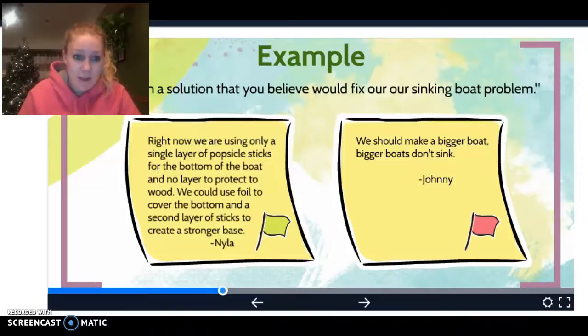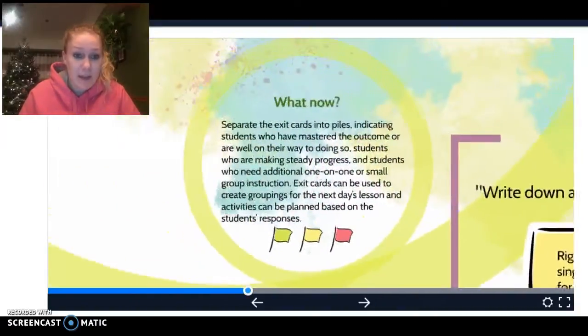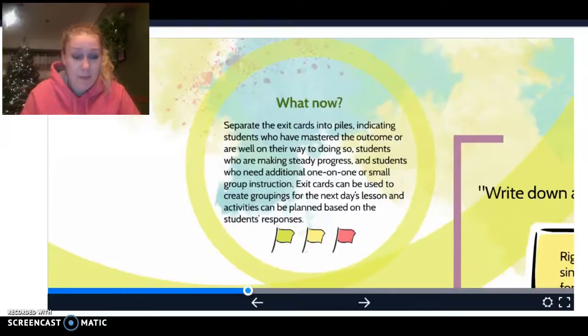So I used flags because I thought they were kind of cute, but you could choose whatever you want. Smiley face, unhappy face, the stairs, or the checks. Not only is this helping with grouping that you could use for the next day by piling them into 3, 4, 2 different groups or whatever,